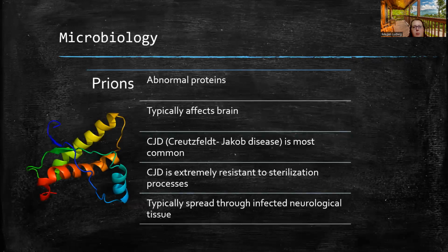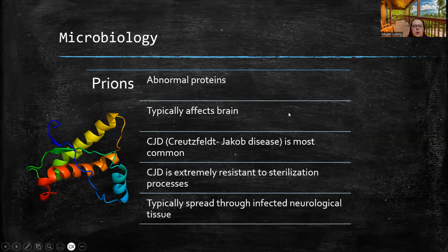So another type of pathogen that we're going to talk about is a prion. This is unlike any other category. It's not like bacteria or viruses, because it's an abnormal protein. It got folded weird and it's not normal and it's going to cause a different response. So typically these prions affect the brain and it can be in humans. There are some that affect sheep, cows,